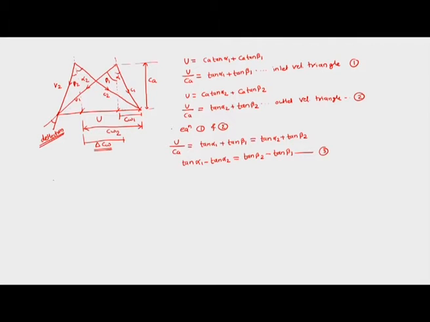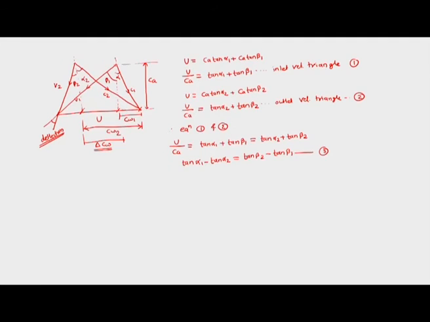Now let us try to find out three things which are of our primary interest, which we did for the centrifugal compressor also. First thing is to find out the work interaction, second is the temperature rise, and third is the pressure rise from the velocity triangle. We have done the same thing from thermodynamics. Now we are trying to do it from the point of view of the velocity triangle.